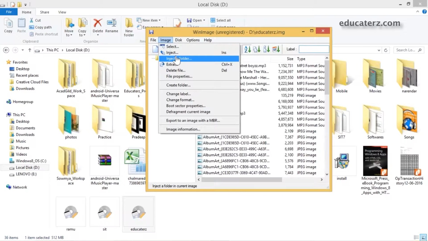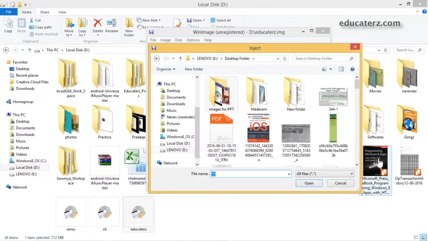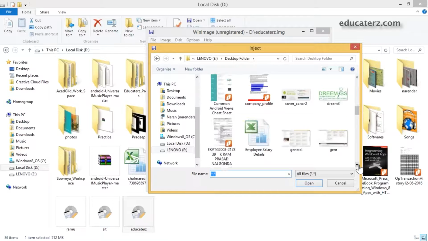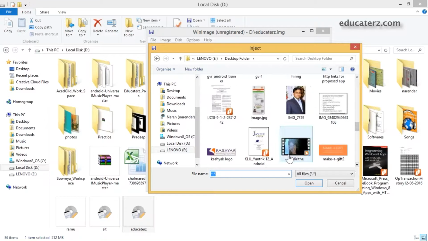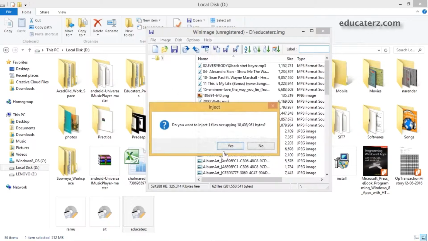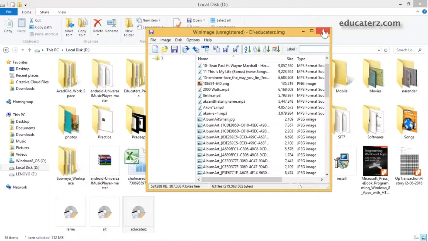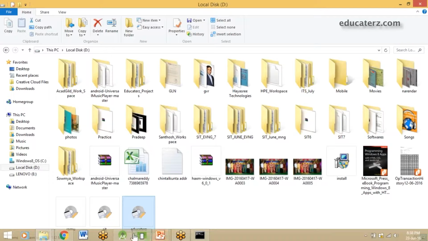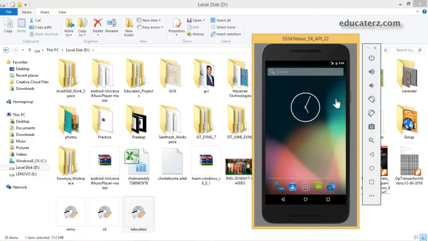Select a file. Again, inject something. You can upload some other video file. I'm sending it out. So click on the OK button. It's all done. Now I'm ready with my SD card with some data. The next part is to inject the data into that particular SD card. So already I have the SD card.